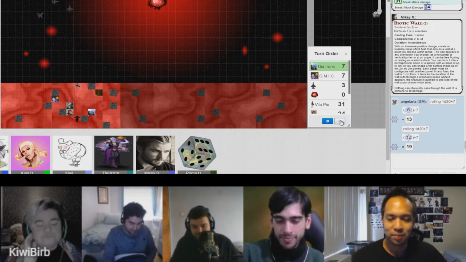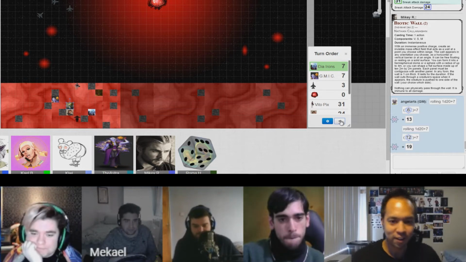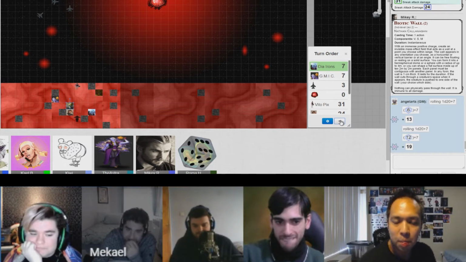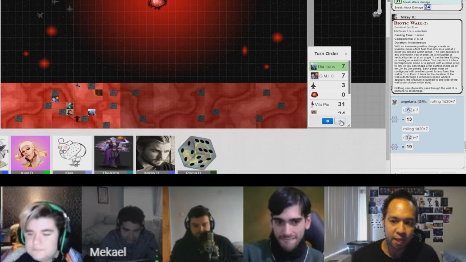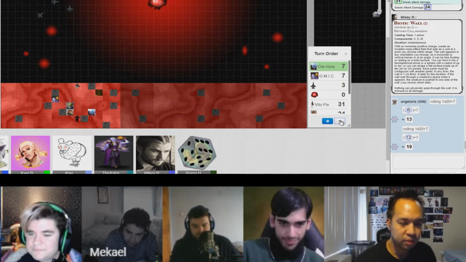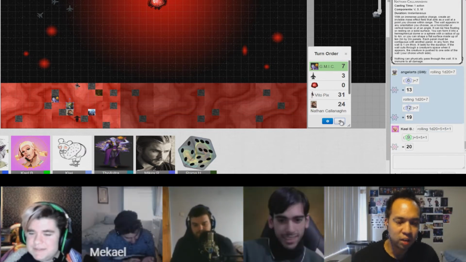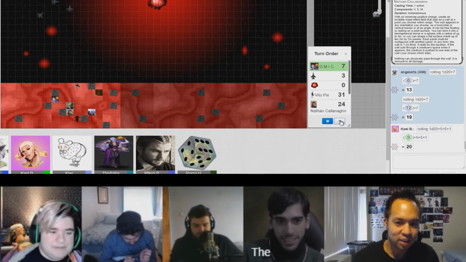So, Dia, you're up. Shit. I have to keep up the barrier or else he gets penalties, right? And I don't have anything I can use to assist him. Shit. Yeah, I'm gonna keep up the barrier. Yep. Be 20 plus that plus that plus that. 20. Okay. I'm going to...